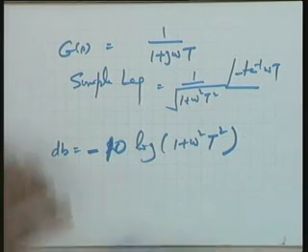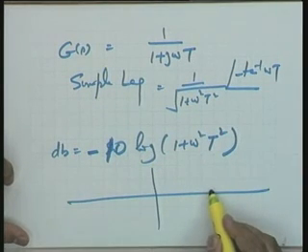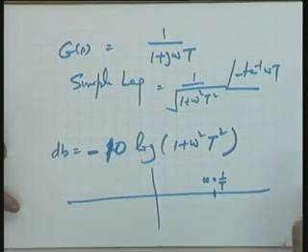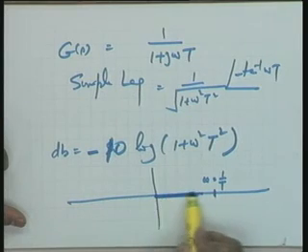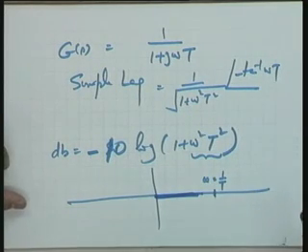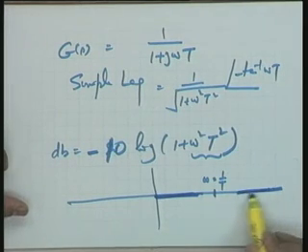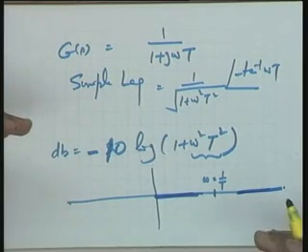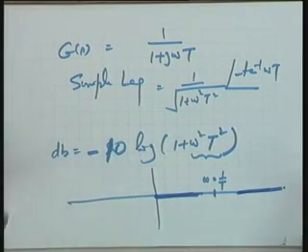Now you divide this into two frequency ranges. Let us say this is the point where omega is equal to 1 over T. When omega T is less than 1, that is, you are working in this particular range, omega T squared can be neglected. And the other case is omega T greater than 1, in which case 1 can be neglected. I want you to give me a sketch for these two cases: omega T much less than 1 and omega T much greater than 1.